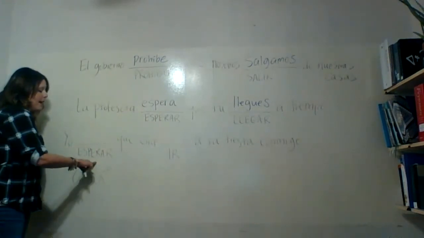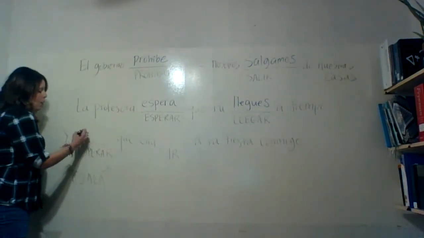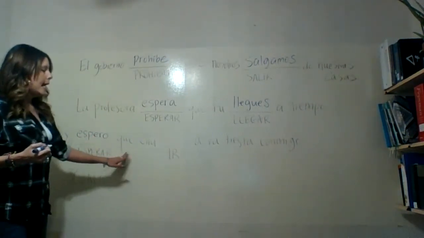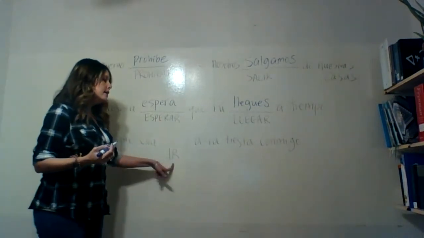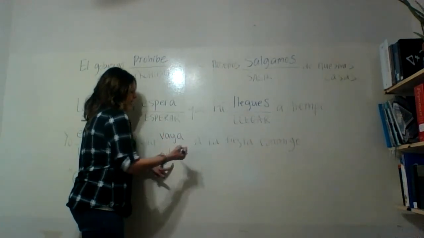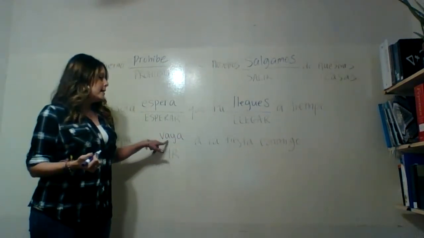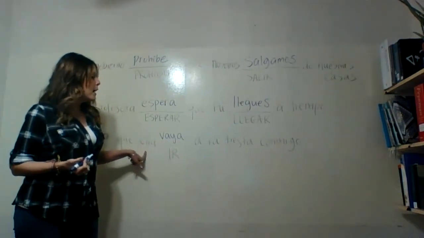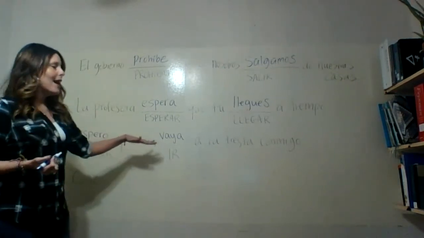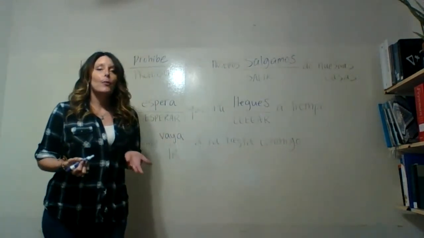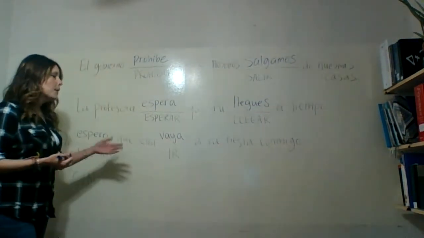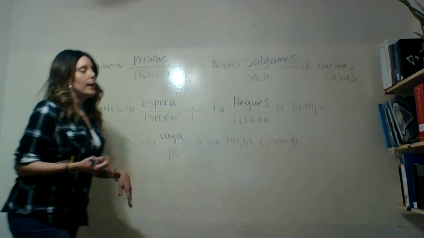So we're going to fill in esperar in the present tense conjugated based off yo, and that will be yo espero que ella. Remember that it is irregular. If we know it, then we'll fill it in. If not, then we'll catch up later, I guess. Ir in the subjunctive conjugated based off ella will be vaya. So yo espero que ella vaya a la fiesta conmigo will be something like, I hope that she goes to the party with me. The reason I say we're going to morph this sentence just a little bit is because